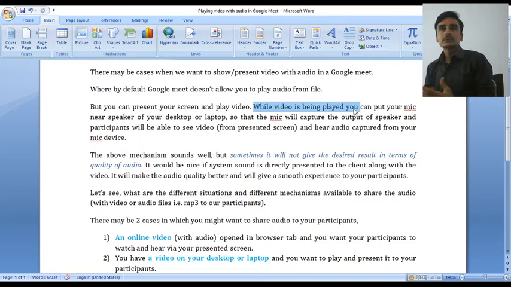But the quality of that audio will be a bit low because we are capturing that audio from the speaker and giving it to the audio device, that is the mic. So, the bit rate of that audio will become low, and the quality will also become a bit low compared to the system sound, if the client, participant or ourselves are watching that video on our PC and hearing its audio from our system sound. Then the quality matters.